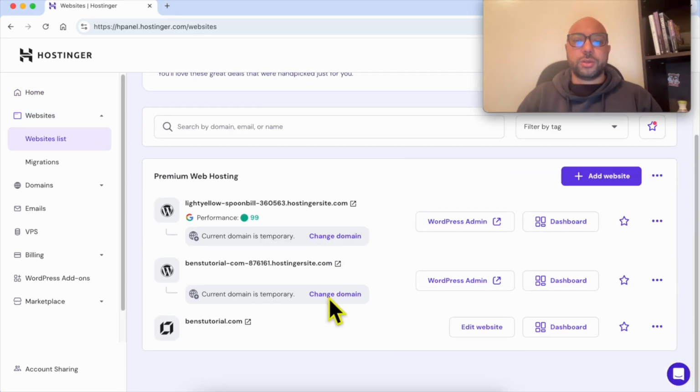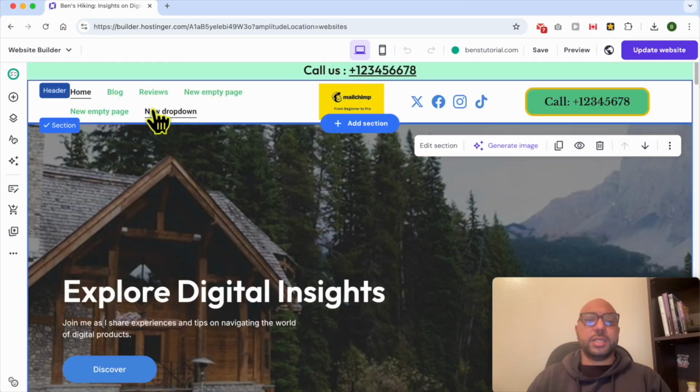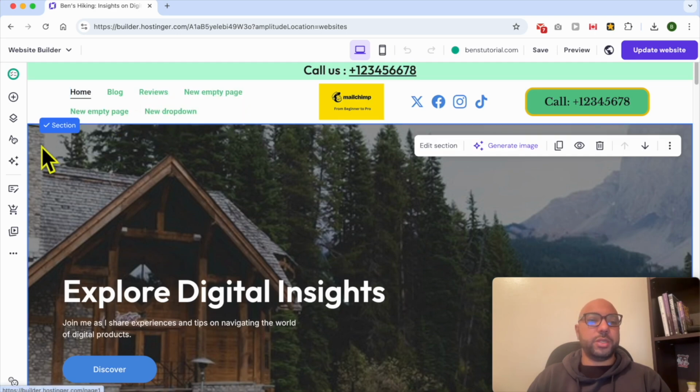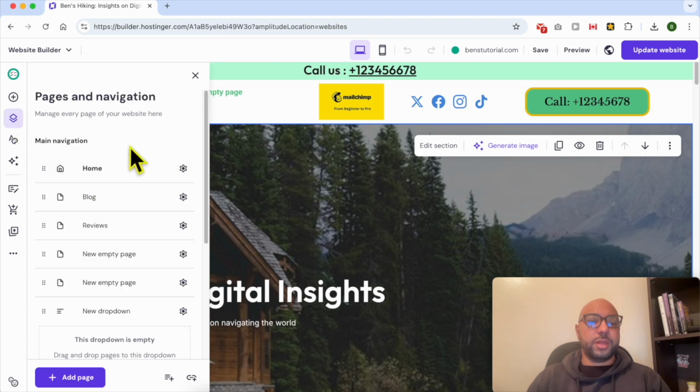Click on your website. Next to your website, click on the edit website button. This is my navigation menu right now, and first I will delete these new empty page menus. To do that, just go to pages and navigation from this left side menu, and this is my visible navigation